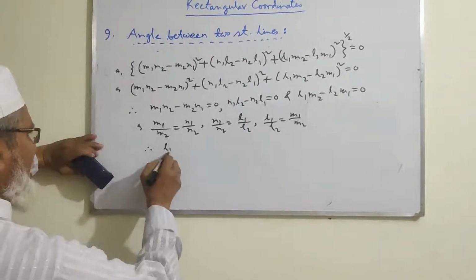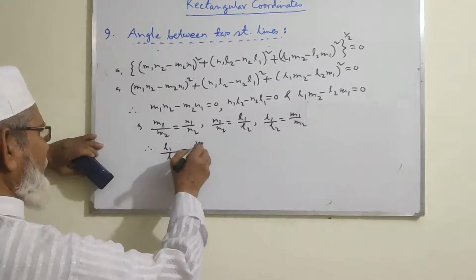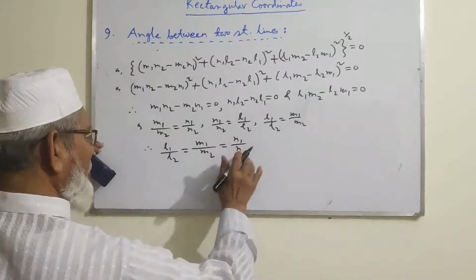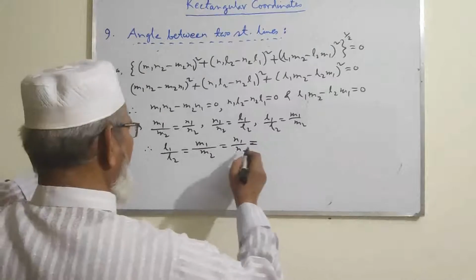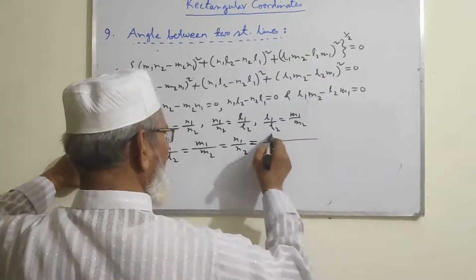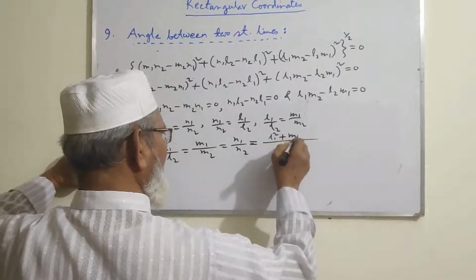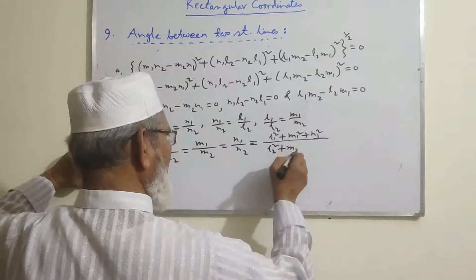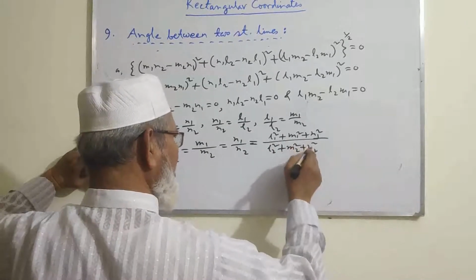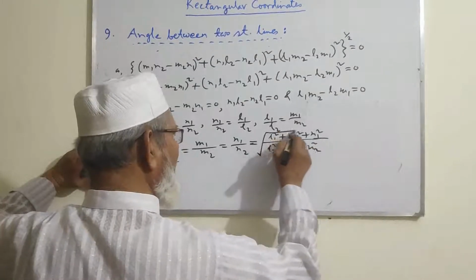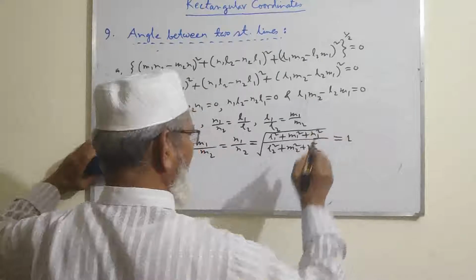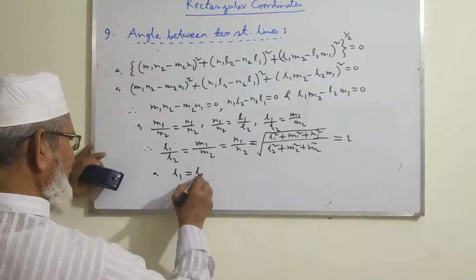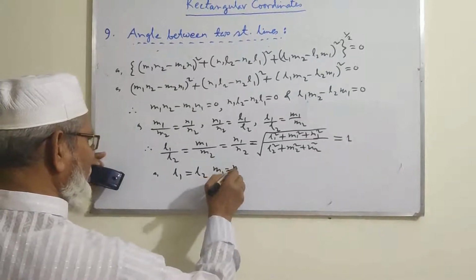Therefore l1 by l2 is m1 by m2 equal to n1 by n2. This can be written as the square root of l1 square plus m1 square plus n1 square over l2 square plus m2 square plus n2 square, to the power half, that is equal to 1, or l1 is exactly equal to l2, m1 equal to m2 and